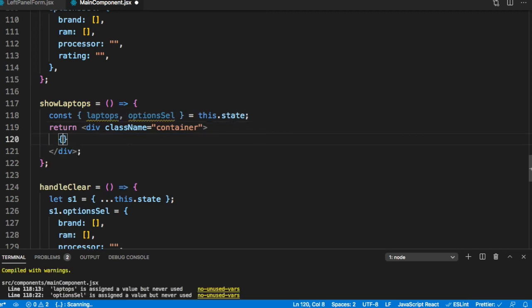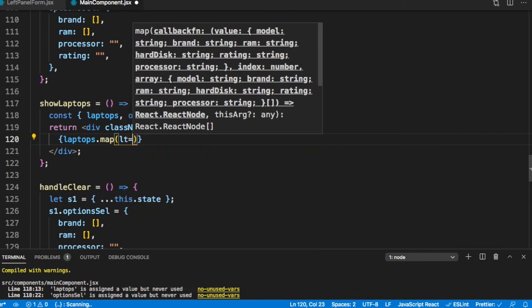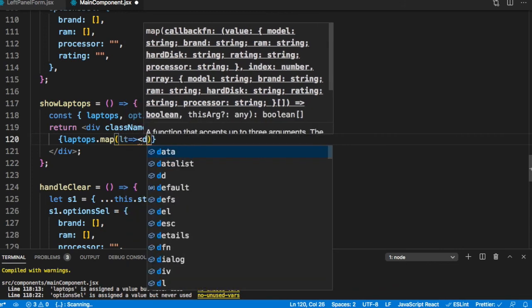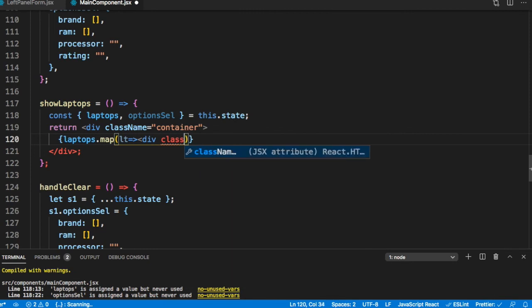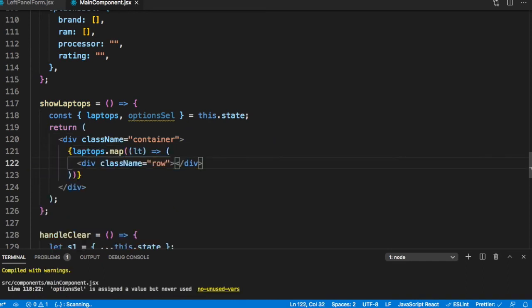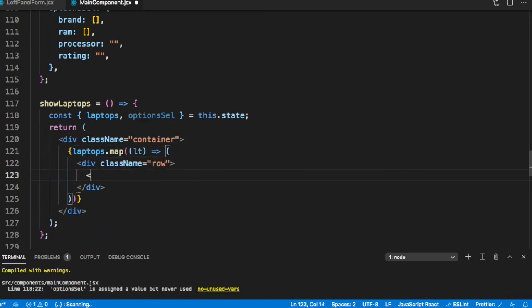And within that, let's render all the laptops. So laptops.map(lt goes to), and we will just show a row, div className is equal to row. Now within each row, we will just show a column, standard usage, lt.model.